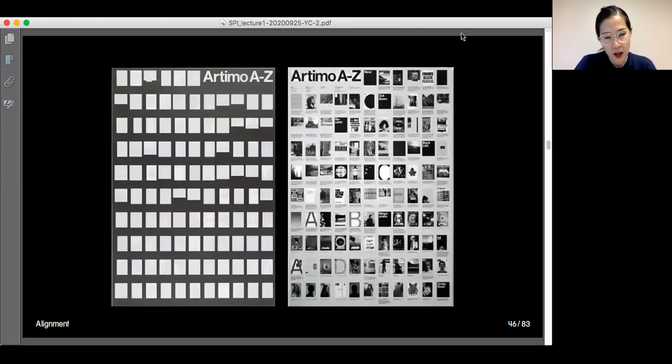So this slide is about alignment. Alignment meaning how you arrange images and how they align. In this case, it's a fairly straightforward alignment, as you can see on the image on the left. The left image and the right image are just the front and back of the same poster, and the poster is